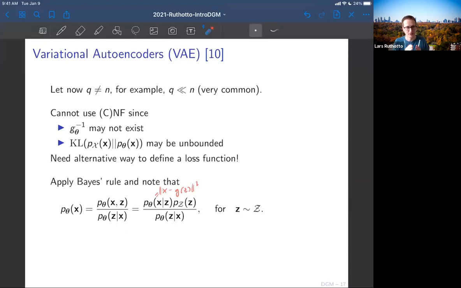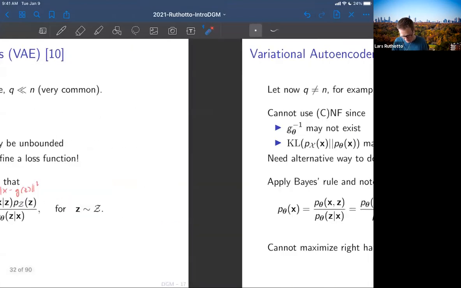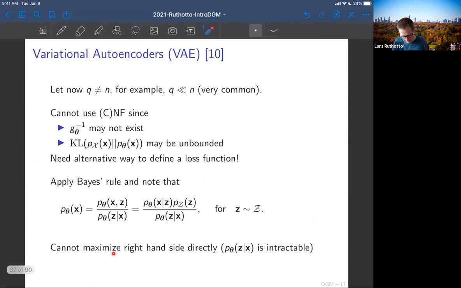In that case, I cannot define an inverse, it doesn't exist, but I can always define a posterior distribution, because that could just be a bimodal distribution. There could be some noise to it, could be point measured, okay, but fine. But I want to prepare for this with a notation of using probabilities here. That makes sense. But anyway, this is hard. This is intractable. And just to point this out, I cannot really maximize this directly because this part is intractable. Okay, so lecture finished.